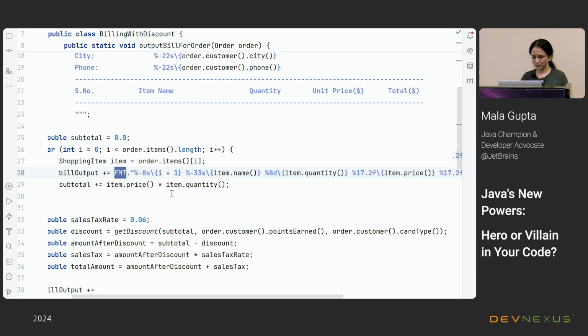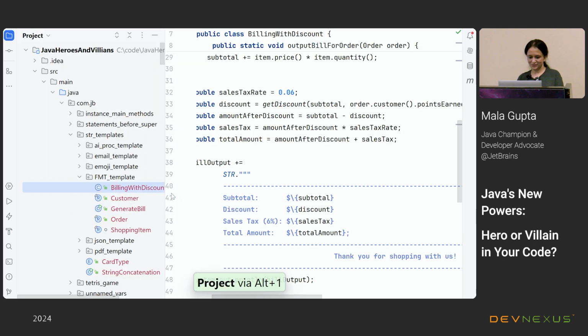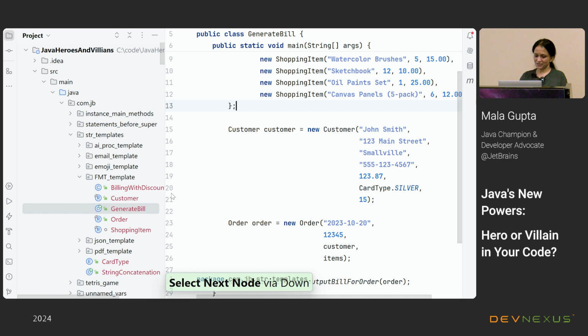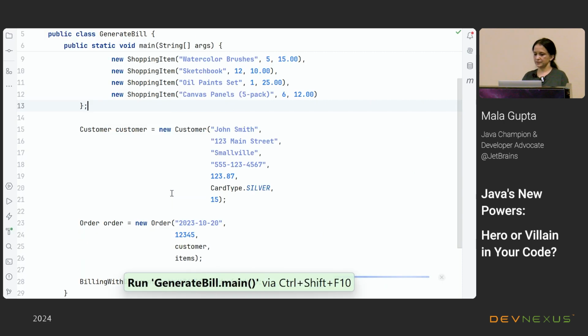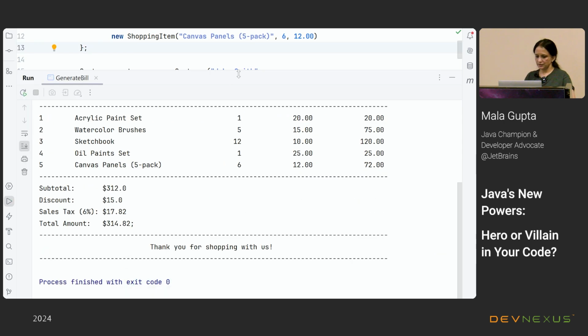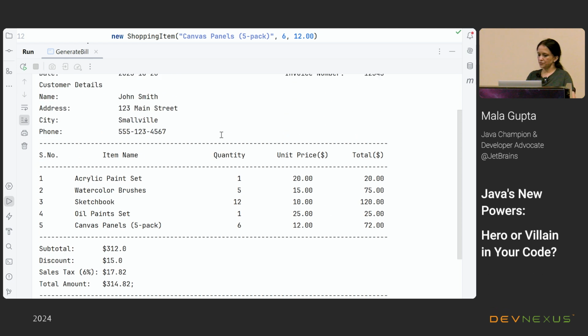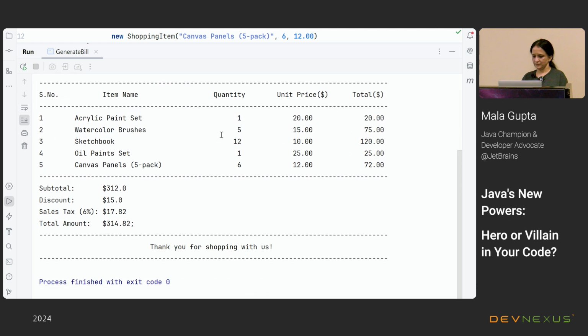I know that's getting boring, so let me just run the program and see what the code generates, and let's see how that works. So this is the bill that you could generate. Of course, I'm printing it on the console, but you could send it to a PDF and do multiple things with it. So that's how you could format.